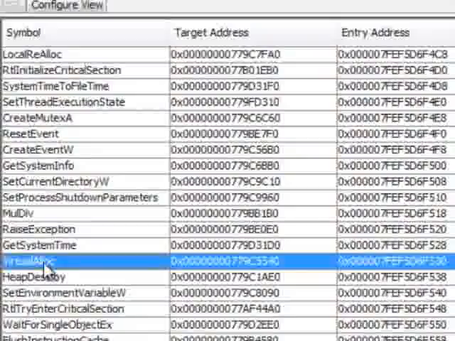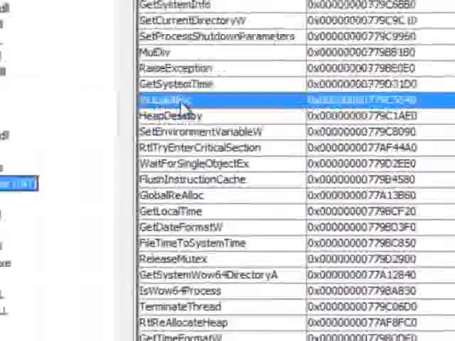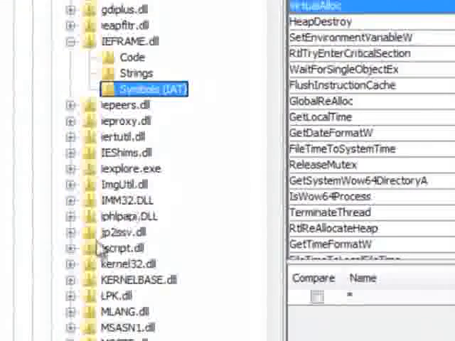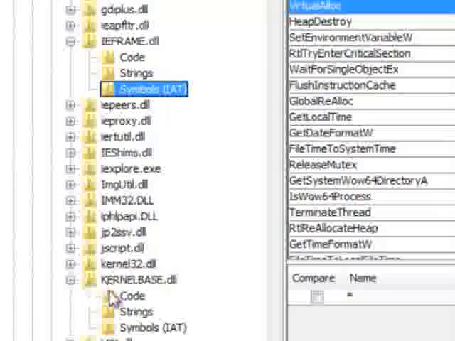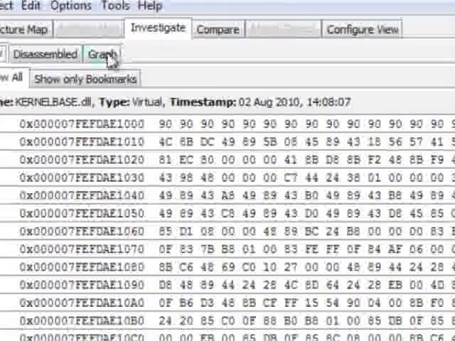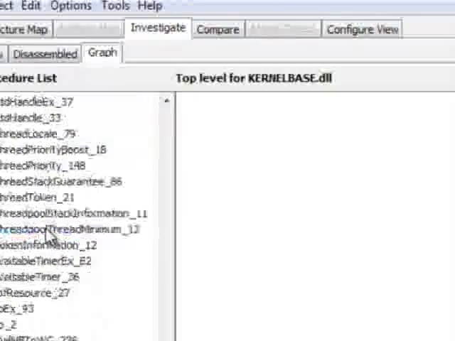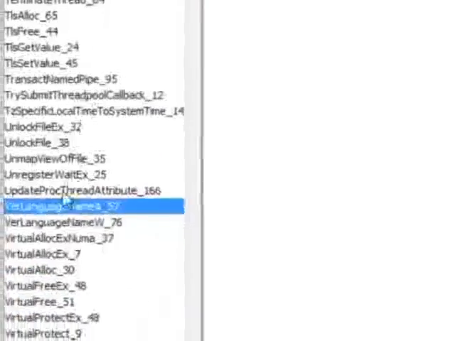Here we see this function is being imported from kernel32, a library which redirects function calls through the library kernelbase in Windows Vista and newer versions. The library kernel32 was used in previous versions of Windows and was kept in order to support backwards compatibility. We will go directly to kernelbase and graph it in order to see what happens when the function VirtualAlloc is called. You can see kernelbase contains many functions related to virtual memory, such as VirtualAllocEx,